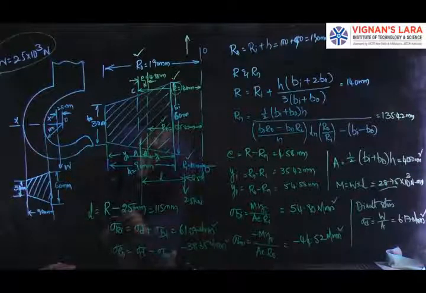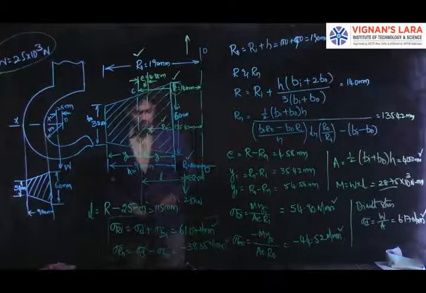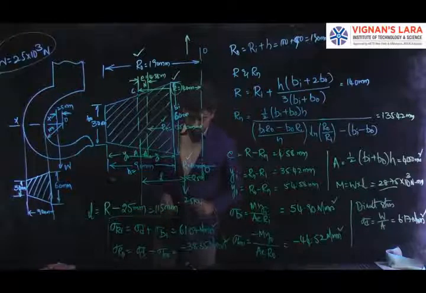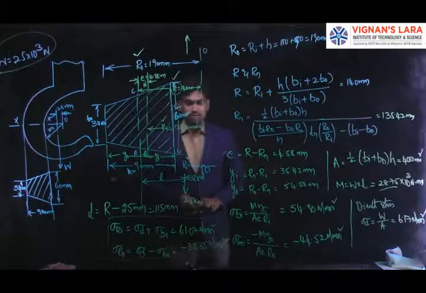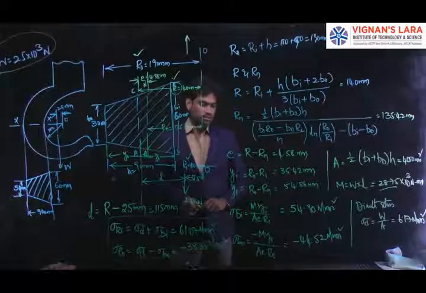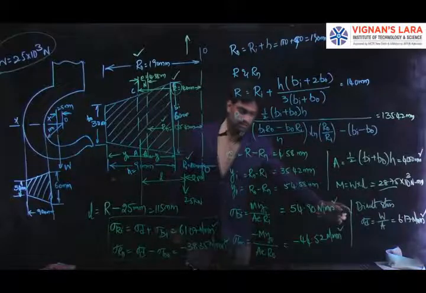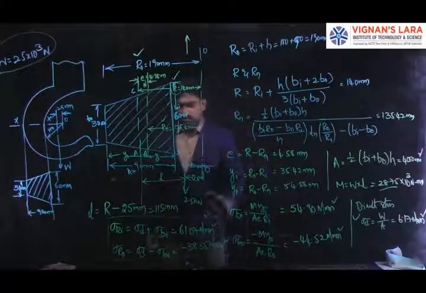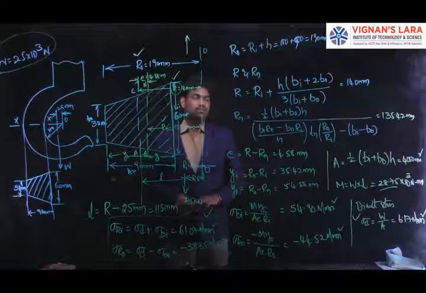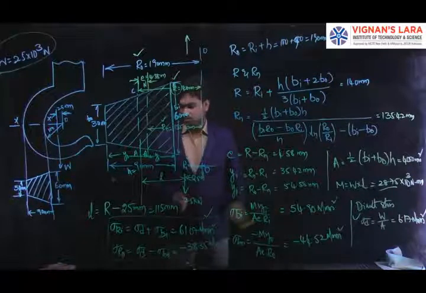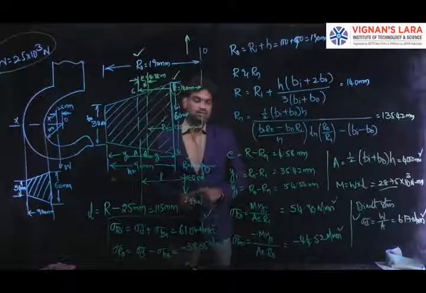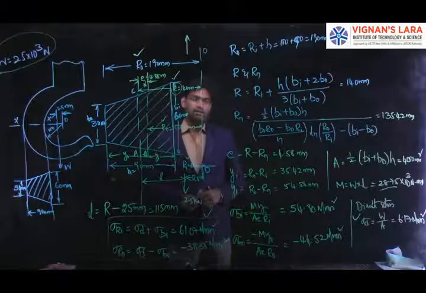So this is what we need to find out. That is what they asked in the problem. We need to find out the maximum stresses at inner and outer fibers. So here it is subjected to the axial load, so that we may get the resultant stresses at inner and outer fibers by finding out all the values. Clear? So whatever the cross section is given, the procedure remains the same.